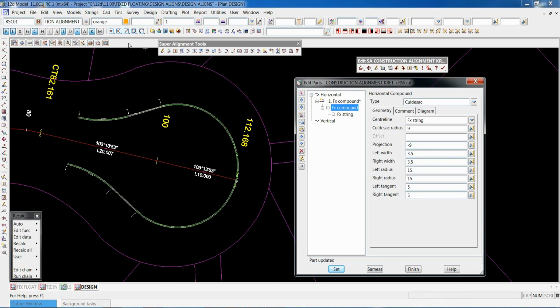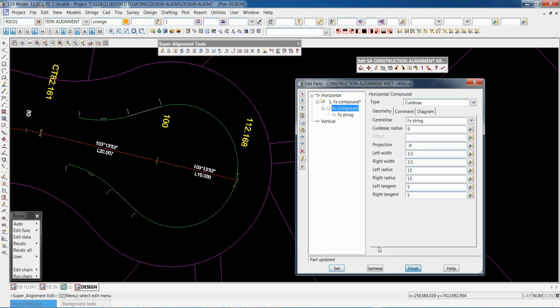So prior to these sorts of elements and the fixed compound, you would have had to do 1, 2, 3, 4, 5, 6, 7 type parts to build up the cul-de-sac, and at the moment the fixed compound does it all in one go.